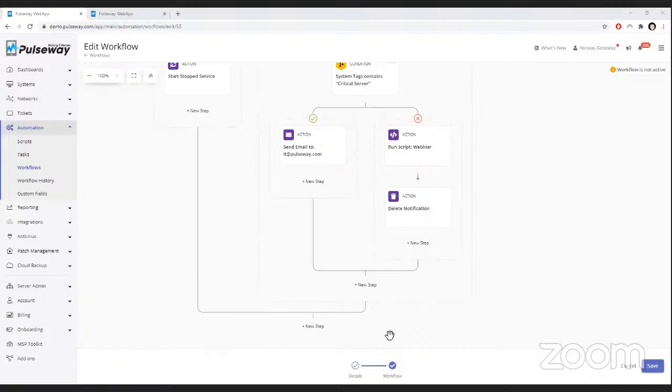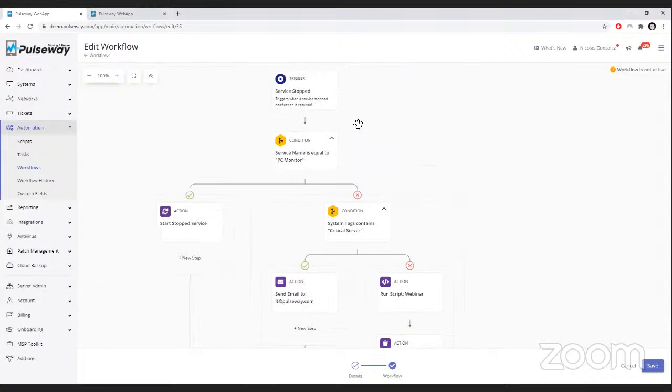Okay, and there was one question that came through on chat, so I'm not sure whether we've actually covered it. How do I use an API to call Pulseway to trigger a workflow of any type on a server? No, because workflows at this particular stage are constrained by notification. So you only get a workflow triggered by an agent notification. If a computer sends any of the alerts that we support,